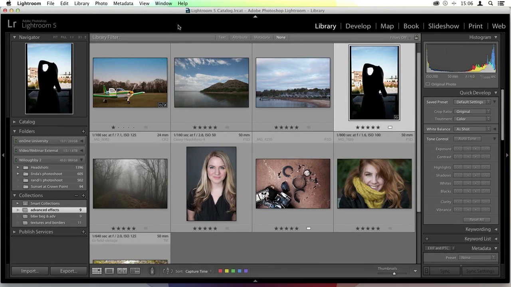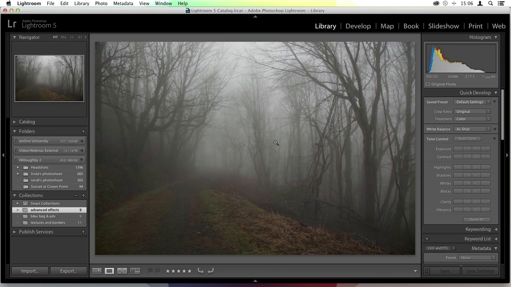Now, here in Lightroom, we're going to start out with one image. This is a raw file straight off of my camera. There has been absolutely nothing done to it. One of the things that I suggest is if you are going to play around in a program like Lightroom,